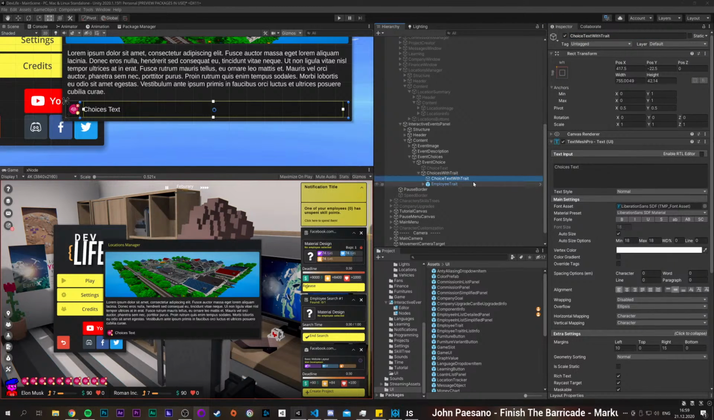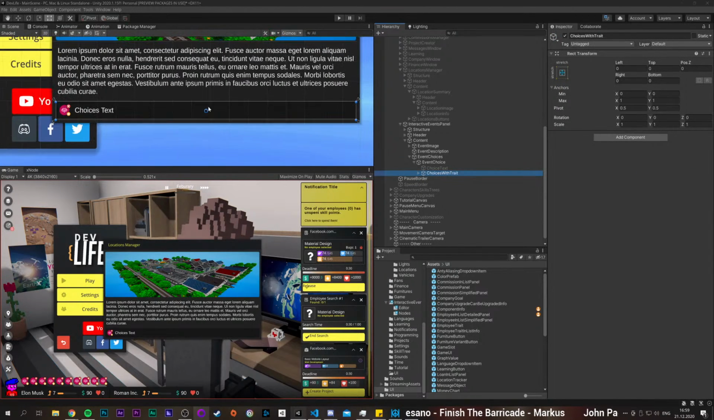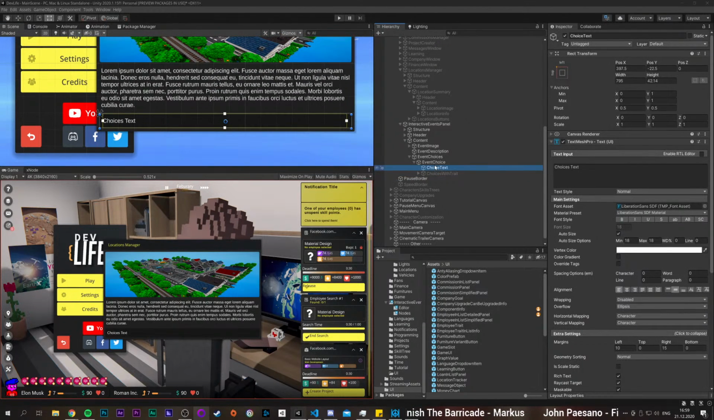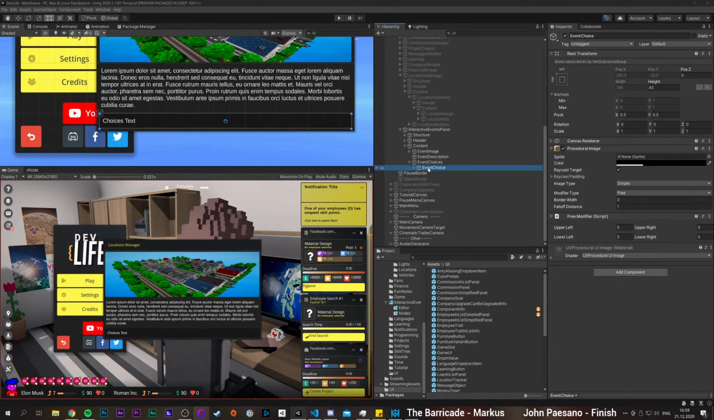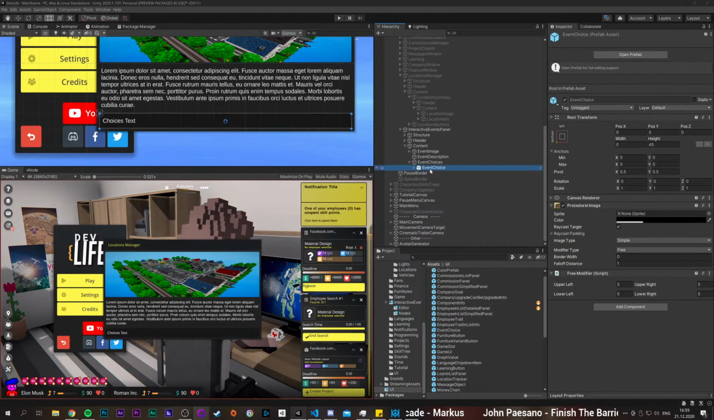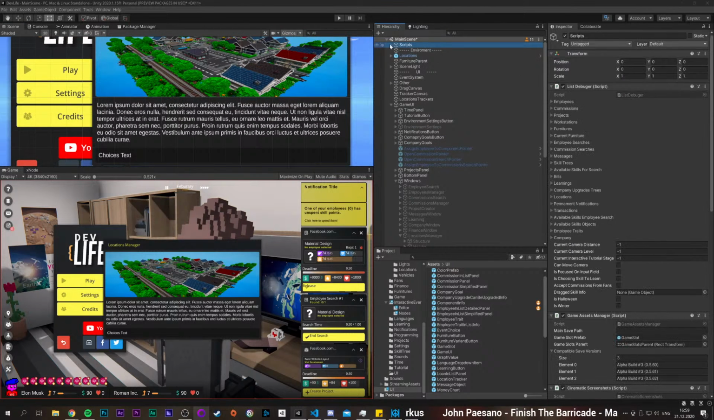Okay, let's change the order here. Okay, right. And by default we will have this enabled, and this choice will be added here as a prefab. Okay, so that's that. Now let's assign those